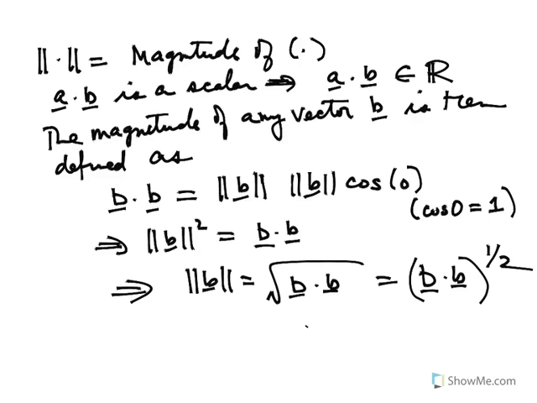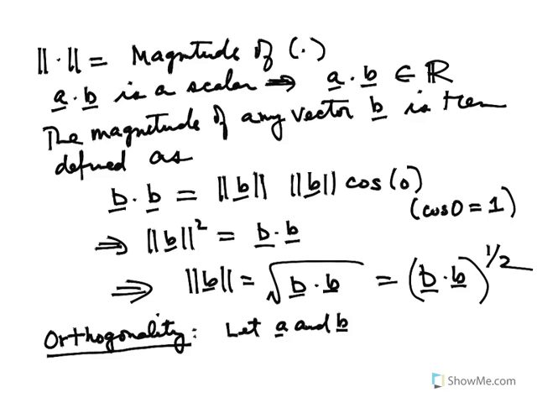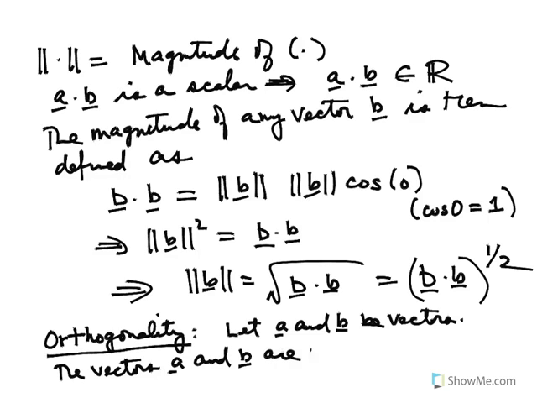The next thing we need to do is define this concept of orthogonality. Orthogonality is actually fairly straightforward to define once we have defined the scalar product. But orthogonality is defined as follows. Let A and B be vectors. The vectors A and B are orthogonal